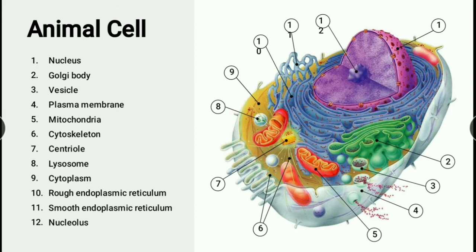In a simple way, shall I tell you all these things? See, this is called plasma membrane. I already told, plasma membrane is also called cell membrane. It is like a guard. Understood? Means what? It will be always guarding the cell. It will not allow all the things to get inside the cell.